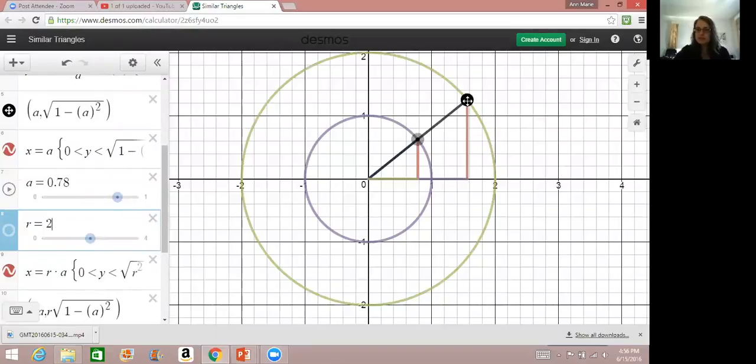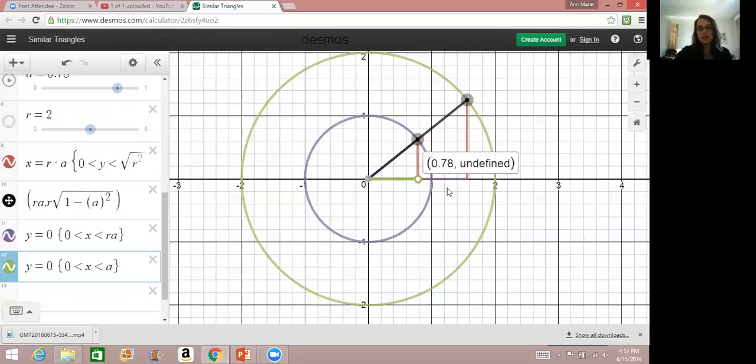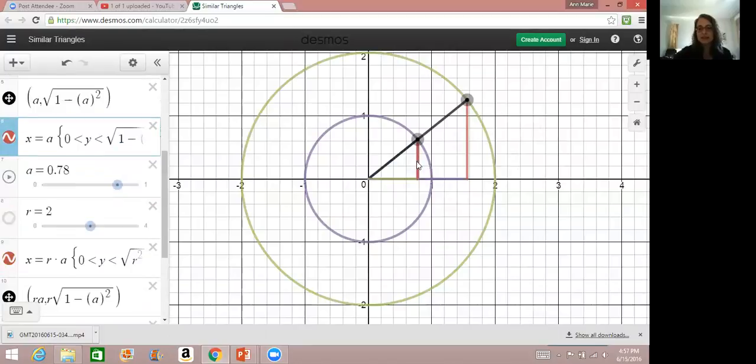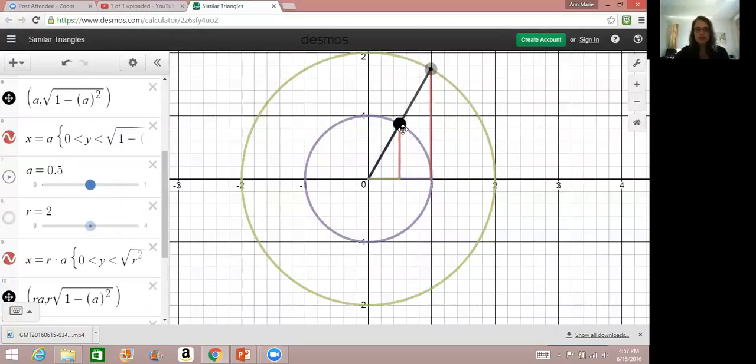Bigger circle, the point on my bigger circle is further out. So of course, my x-coordinate for that point, the length of my lower line, is different, right? And the length of my vertical line is different, yes? But here's the thing. The ratio of those remains the same. So even though the absolute lengths are different,